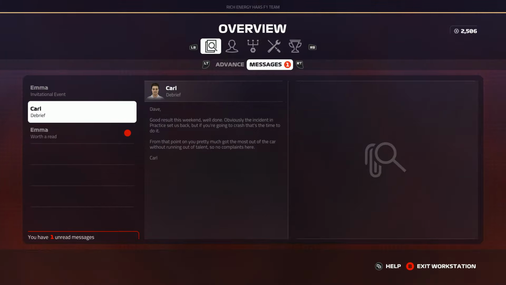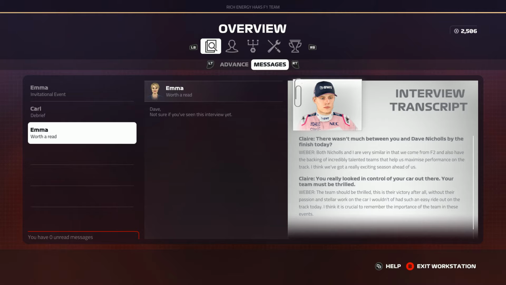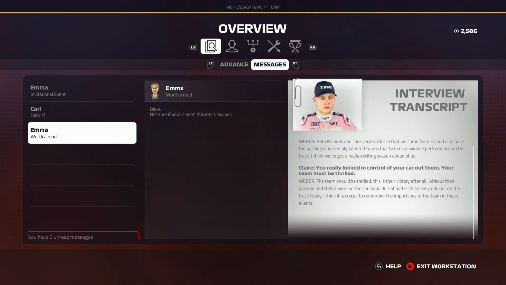So I will be avoiding the historical events and the extra events just because I don't think they're worth it. But we do have some news from Emma about other rivals that we mentioned here. So as you can see there, Lucas Weber having a chat about us to the press. And yeah, we did well, he did well. Very good day